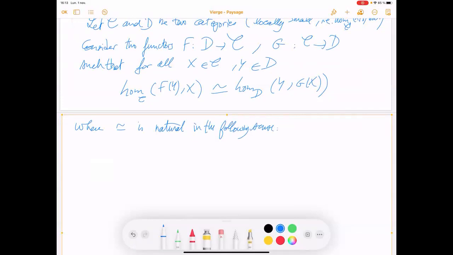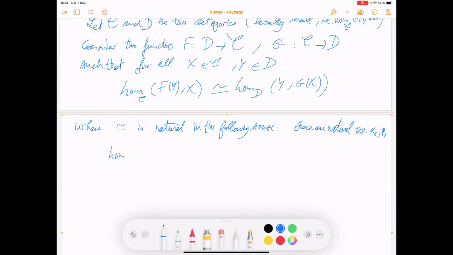There are natural isomorphisms alpha x, beta y, such that